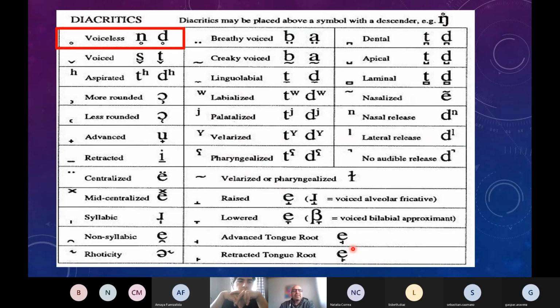In terms of the diacritics that I would like to pay attention to are the diacritic representing voiceless consonant sounds. If you remember, n and d are voiced, but sometimes, depending on the context, they are devoiced and become voiceless consonant sounds. So that happens sometimes if we pay attention. Also, the symbol representing aspiration. If the sound is in initial position, this plosive t, I think we covered t, k, and p, voiceless, aspirated, but also sometimes voiced